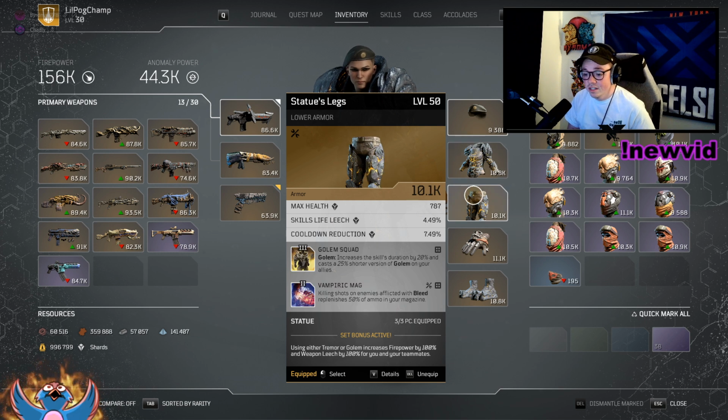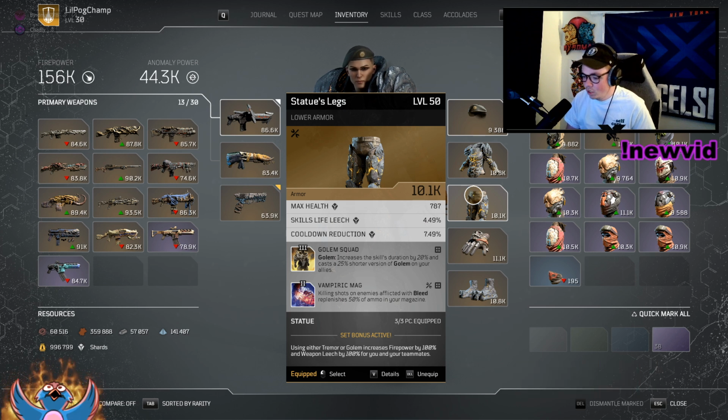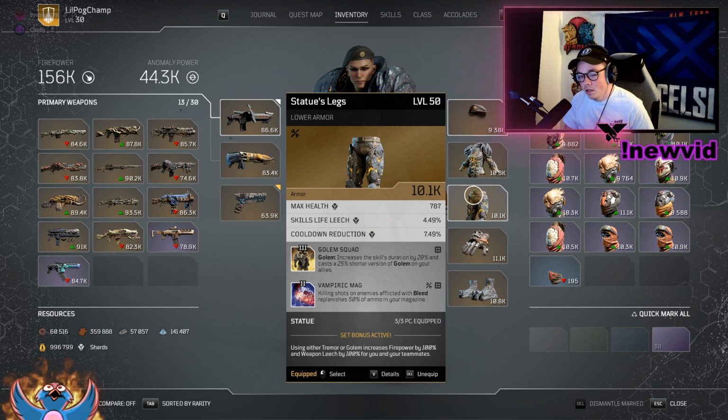Next, we're using Statue Legs. This one has max health, skill life leech, and cooldown reduction. Obviously, that max health is just trash. We don't want that, but we're kind of blocked into a wall here if we want this set bonus on what exactly we can. Now, you can do the kind of cheesiness where you swap in and off pieces to activate the statue set